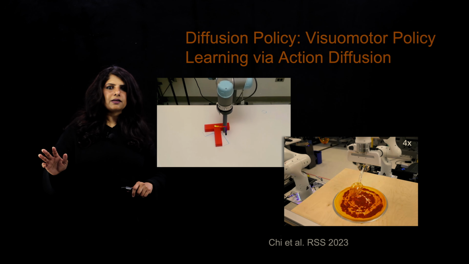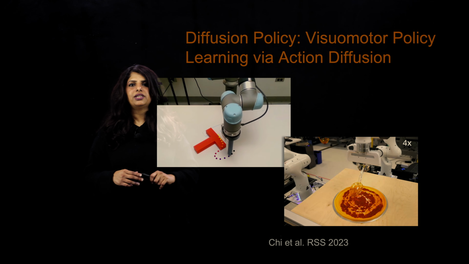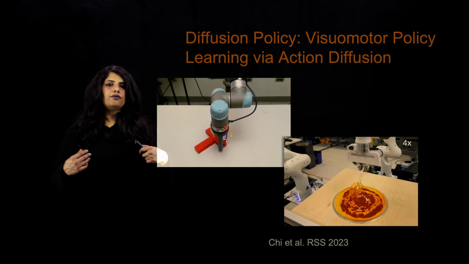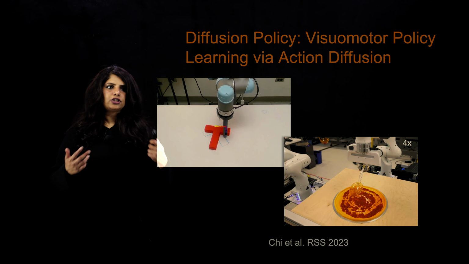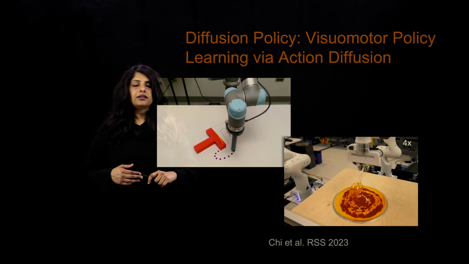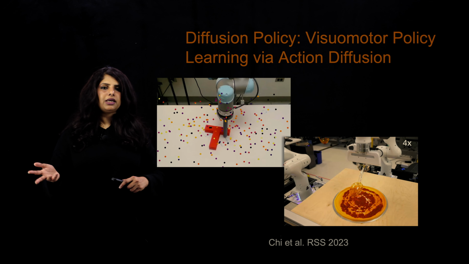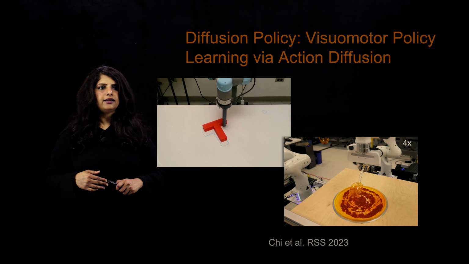The details can be looked at in the paper itself, but the main thing that they showed here was by making use of a more expressive action distribution, they were able to start looking at policies that worked significantly better than what we were able to see using behavior cloning in the past.